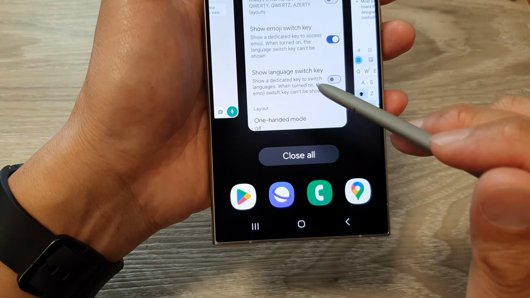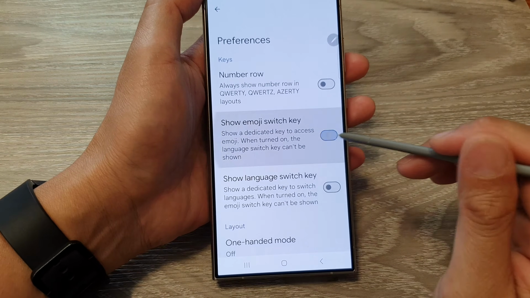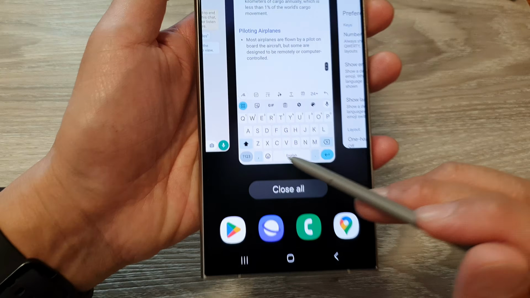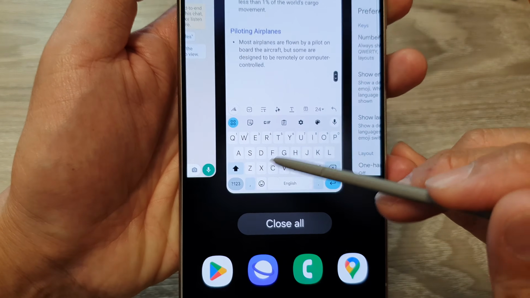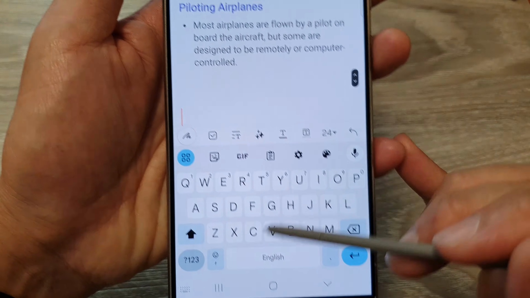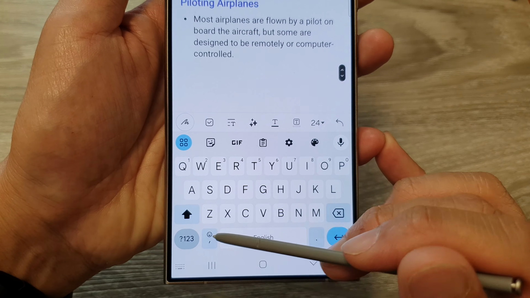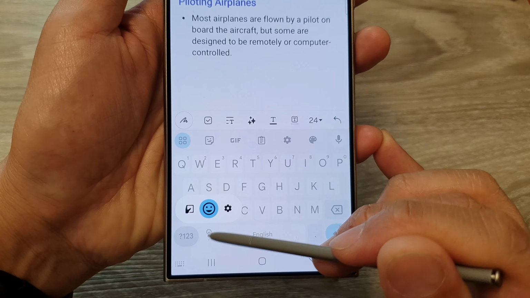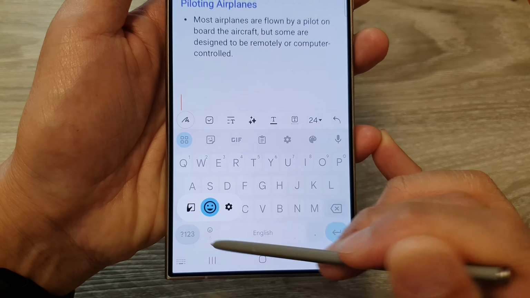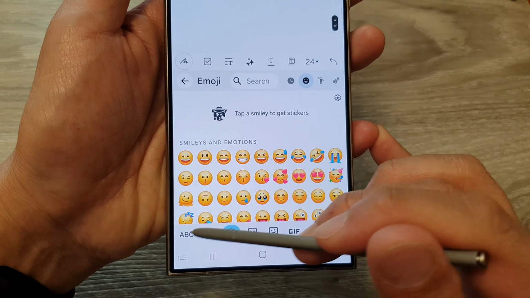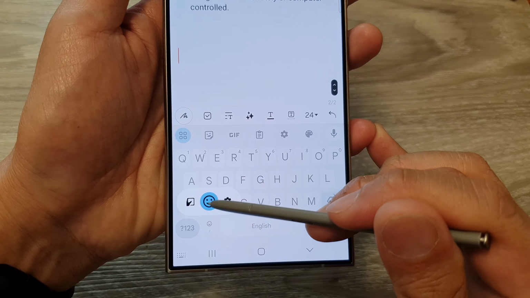And if I switch it off, this time you can see on the keyboard right here there is a key. So if I bring up my keyboard, it will get refreshed, and now that key has been removed. And now to use that emoji, I need to touch and hold onto this button here and then select emoji